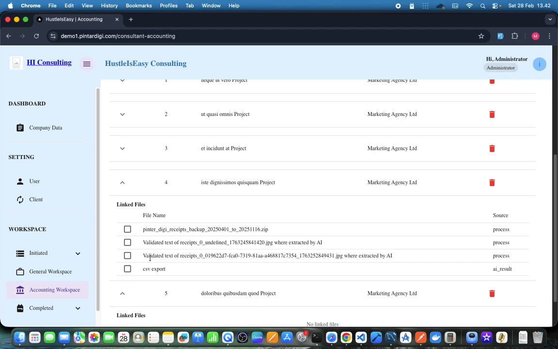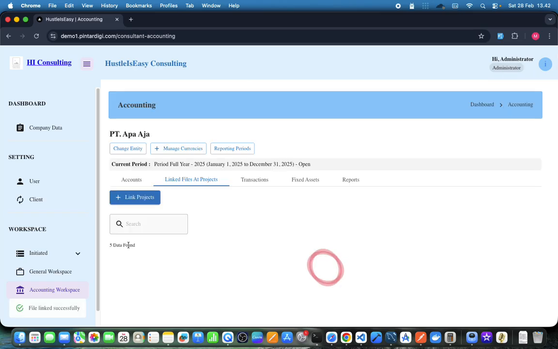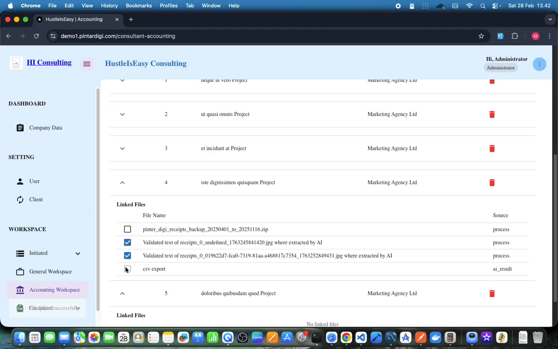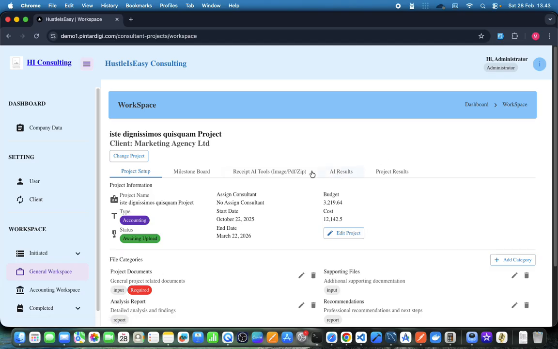Then we can select which files from that project are linked to this entity. This feature streamlines your workflow, especially if you already have data extracted in the general workspace using our OCR AI technology.